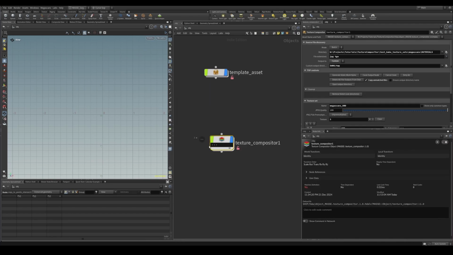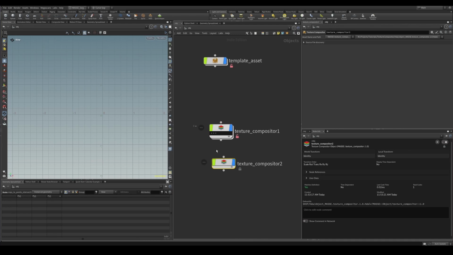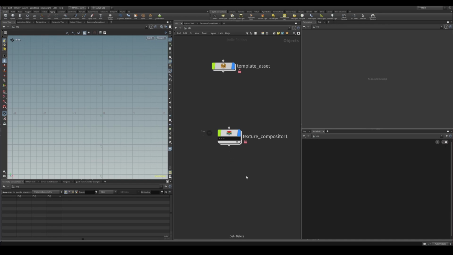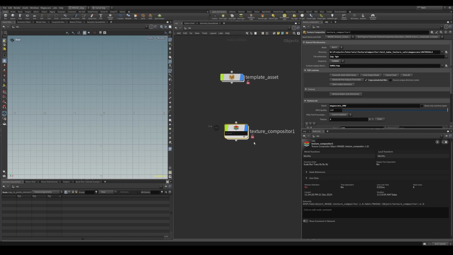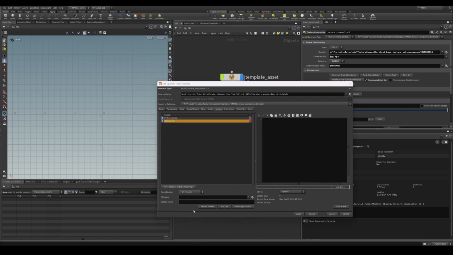Another thing that I wanted to implement in this HDA is custom coloring of the node. Whenever you create this texture compositor node, it's going to be colored with the custom color, because it's going to indicate that this is a custom node and not a node from the default Houdini. It is actually done very simply. Go to the type properties. Inside type properties, go to the scripts, and for the event handler, you can see there's a bunch of events. Basically we can run a script on all of these events, and I just want to go ahead and on created